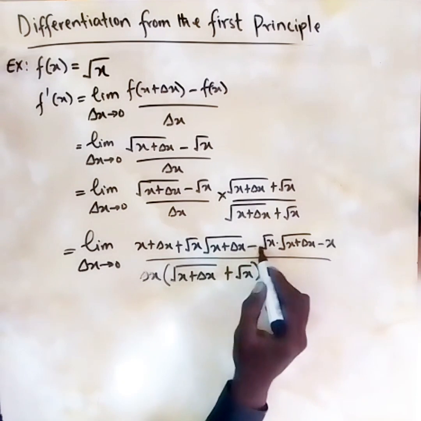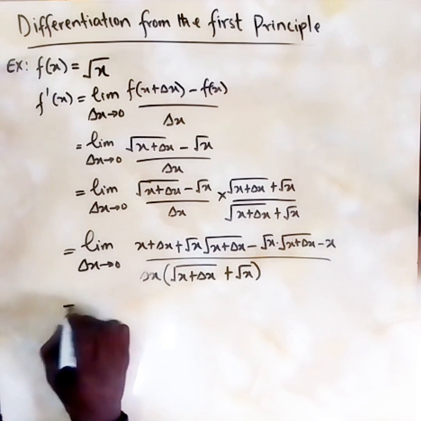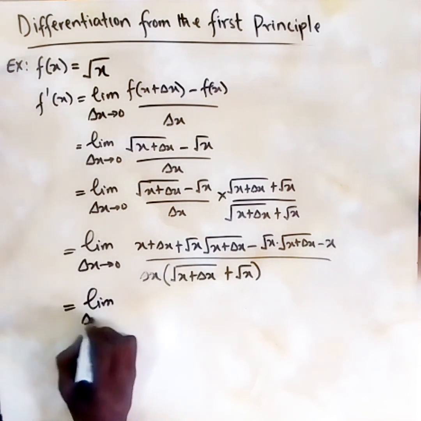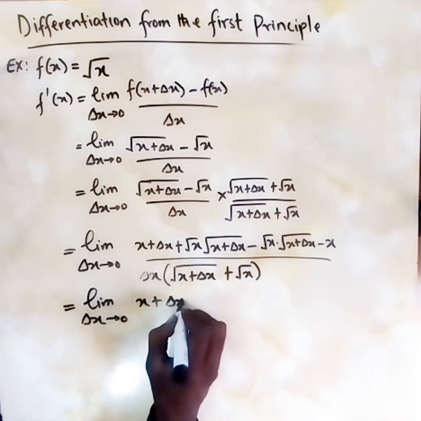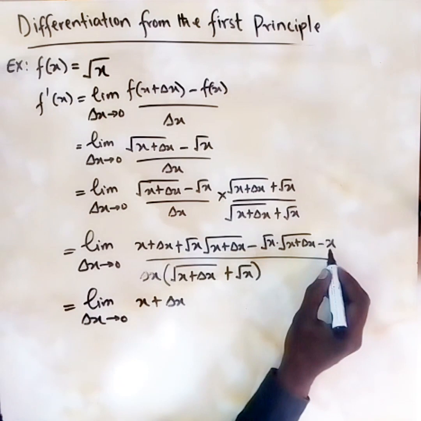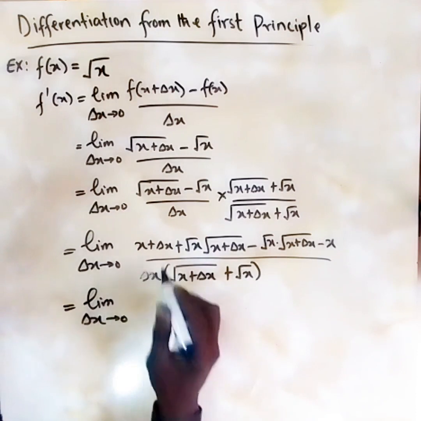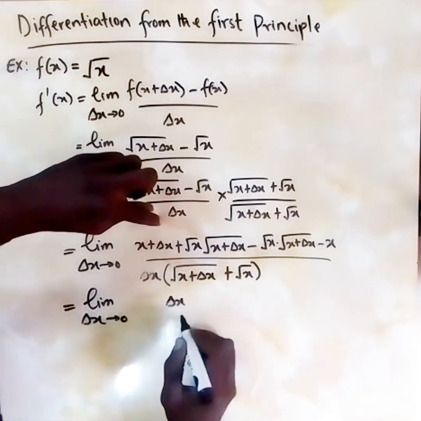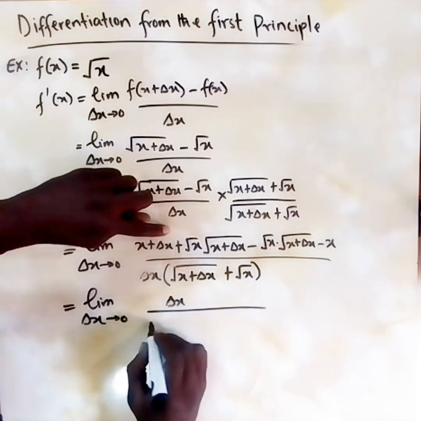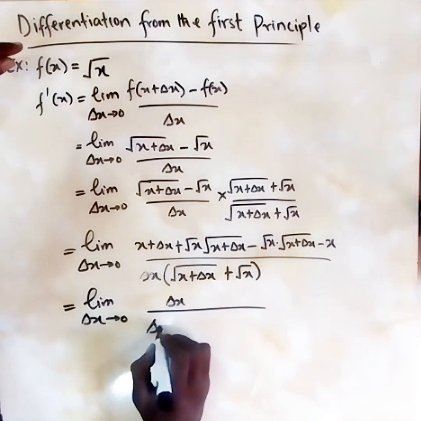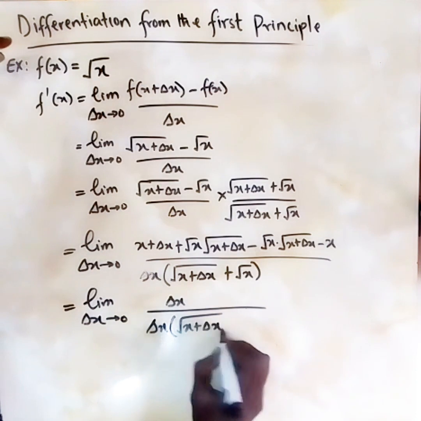So we have common factors here, one being negative and the other positive, so they cancel. We are left with the limit as delta x approaches 0 of x plus delta x minus x. And the minus x and plus x cancel out. We are left with delta x over this, and delta x cancels, so we are left with delta x all over delta x times the bracket square root of x plus delta x plus root of x,